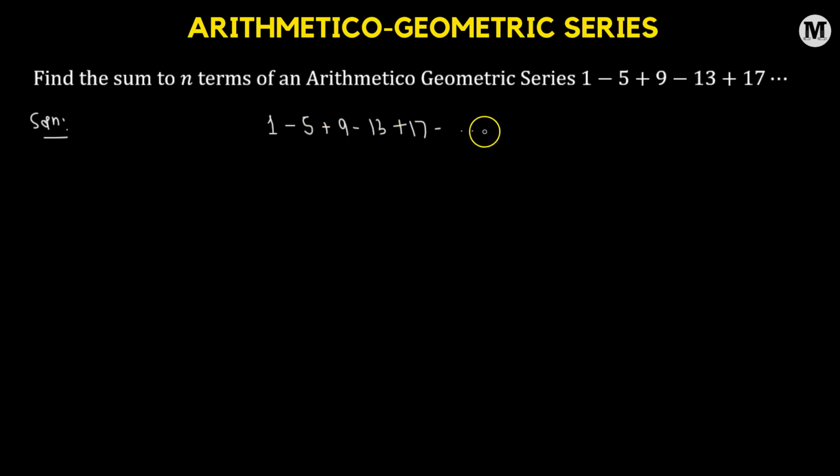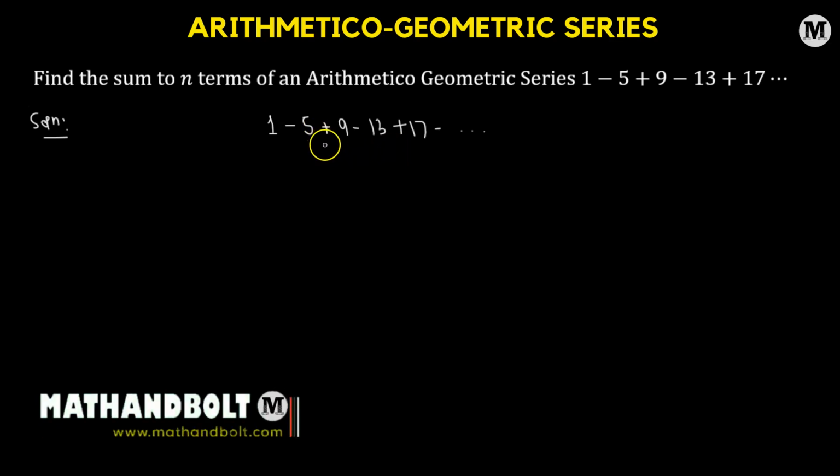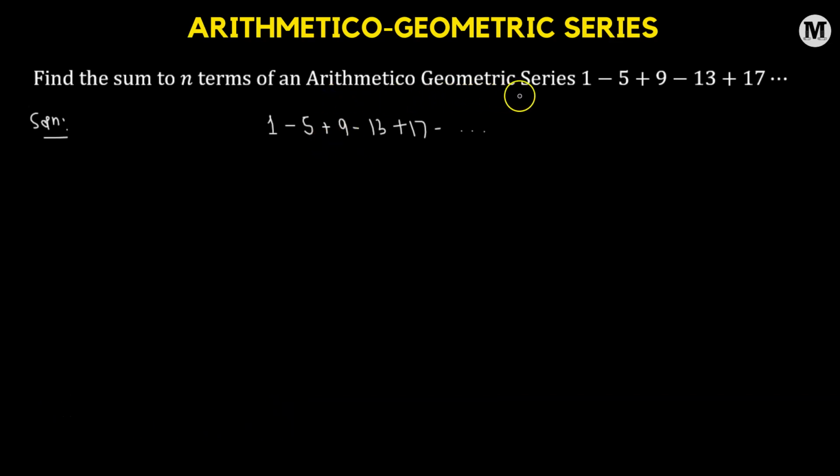Now this series is not an arithmetic series because it does not have any common difference. Also, it's not even a geometric series because there is no fixed common ratio. However, as the name suggests, it's an arithmetico-geometric series, which means it's composed of an arithmetic progression and a geometric progression. So we're going to rewrite each of the terms. The first term, we can rewrite as 1 multiplied by 1, added to the next term, 5 multiplied by -1, added to 9 times 1, added to 13 times -1, added to 17 times